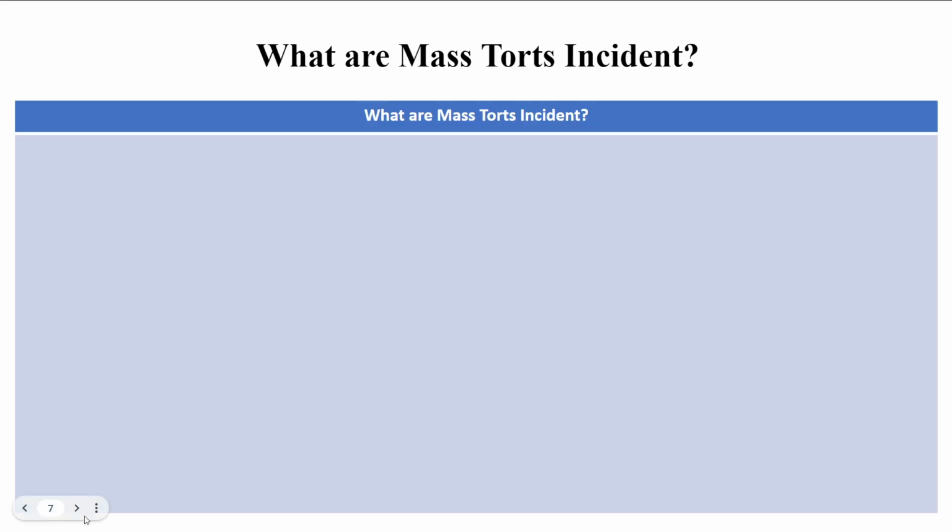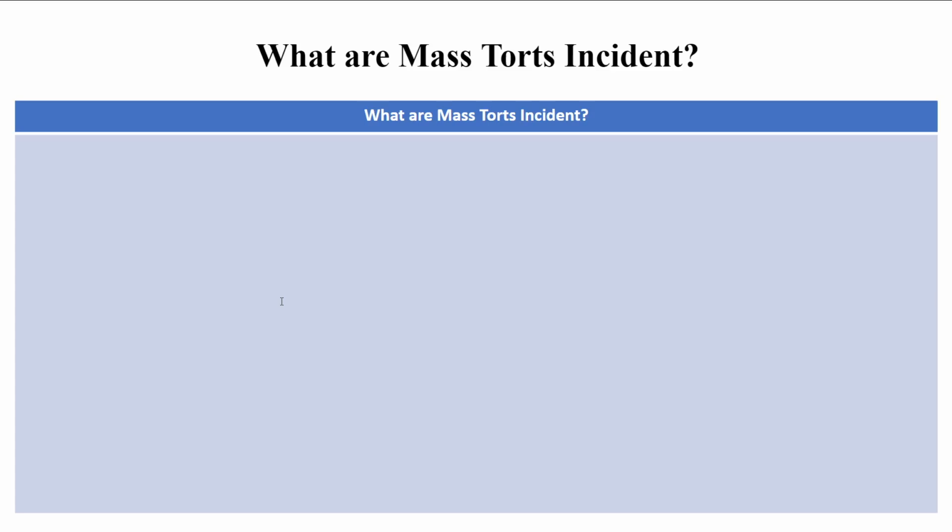In this video, I'll be looking at what are mass tort incidents. So let's get started. Now, mass tort incidents refer to events or situations where a large number of individuals suffer harm or injury from the same source or cause. These incidents often lead to legal actions where multiple plaintiffs, or you can also call them individuals or groups, file lawsuits against a defendant or multiple defendants. The harm caused by mass torts is usually widespread and involves cases such as defective products, environmental contamination, harmful pharmaceuticals,